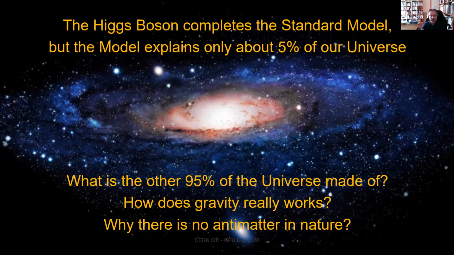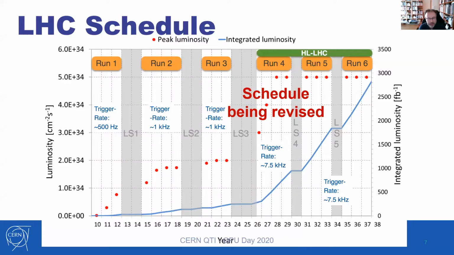All the questions about dark matter, dark energy, the relation between gravity at the macroscopic level and quantum mechanics at the microscopic level, and all the issues about why there is no actual antimatter in nature. Although not only in theory, even in practice, antimatter can be produced. So a lot of questions and more are still open. So the work of the experimental physicist and the theoretical physicist and of scientists in general in this field is far from finished. So the CERN and the LHC experimental schedule is still very much at the beginning.